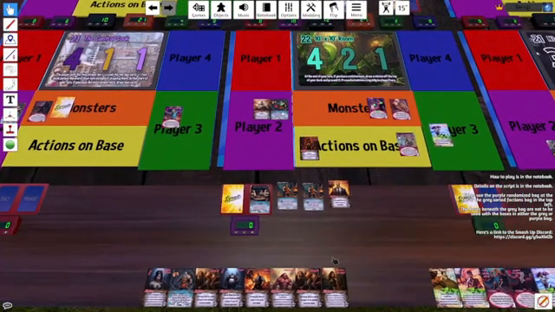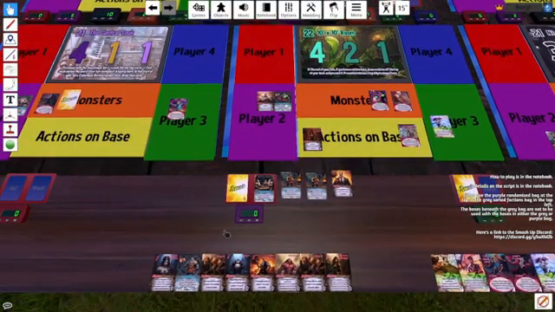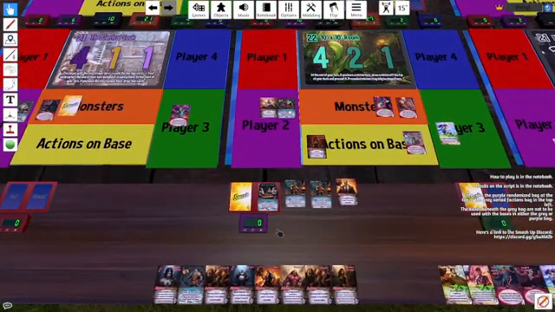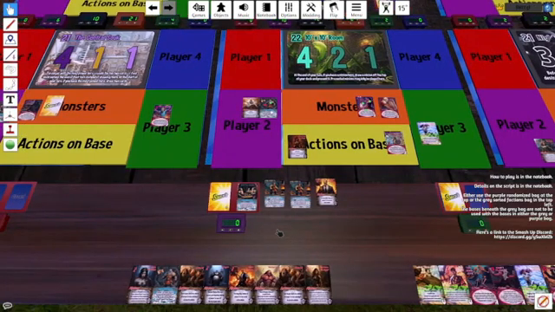Hmm. Let's see. What can we do for this? I mean, if we can add the 15 power, that'd be really, really good. I'm not quite sure that we can. Just thinking out loud. Both of the Crush Sins in her hand, which is a little unfortunate. We can play